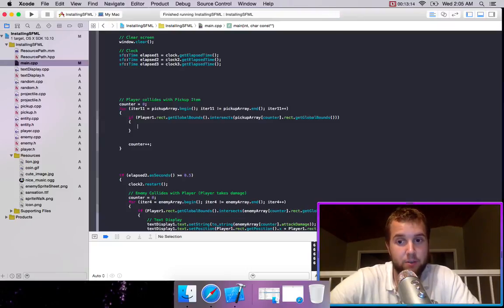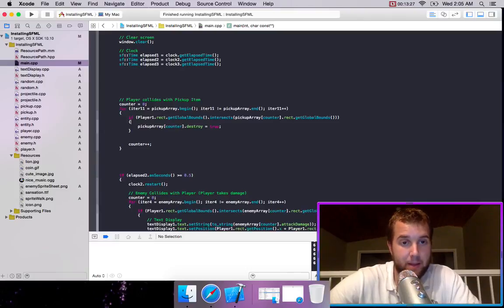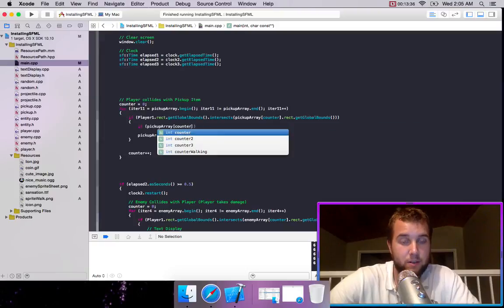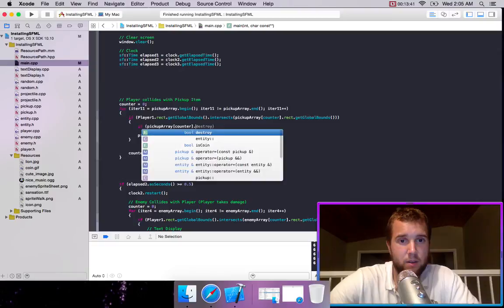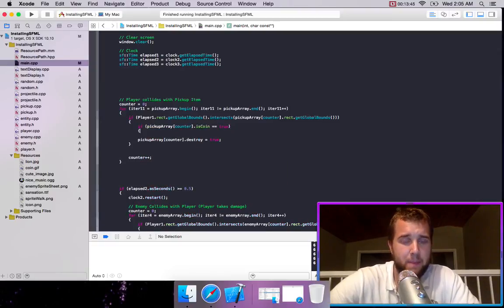So now we want to set the pickup item to be destroyed. So we go pickupArray[counter].destroy equals true, and if it's a coin, so if pickupArray[counter].isCoin equals true, then